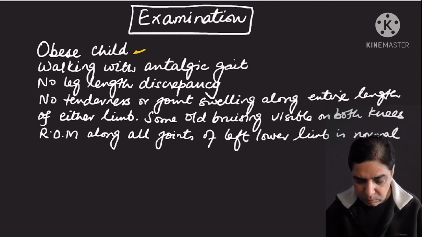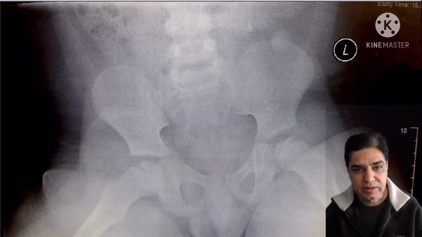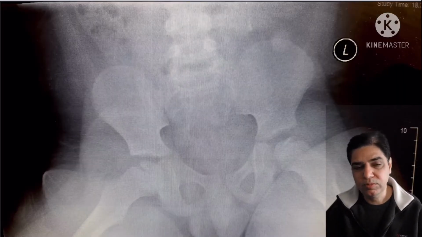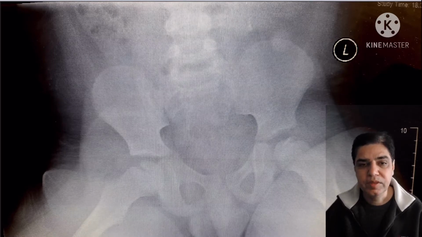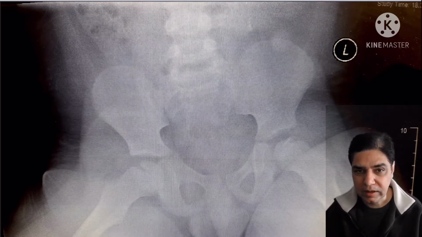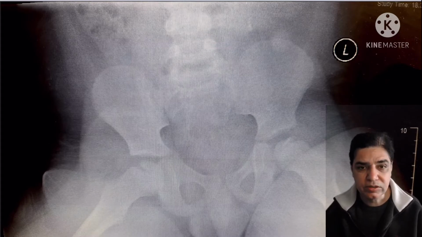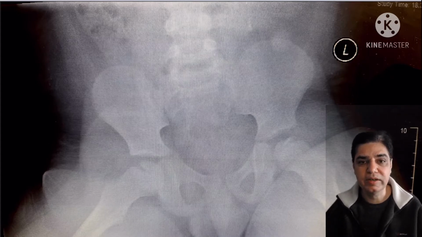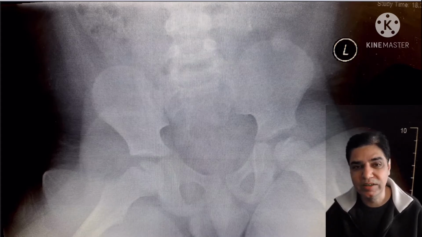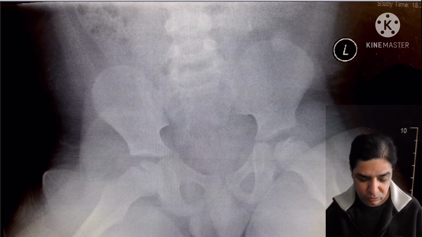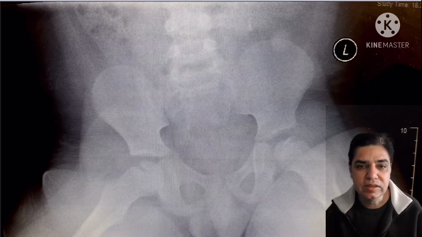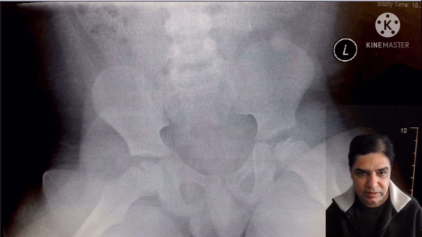Moving on, we tried to investigate, and because there were no obvious signs of external injury, we thought to start with a hip x-ray. So he was sent for imaging, and we requested an x-ray of the pelvis, an x-ray of the left hip, because we thought it was the left side, and a frog view of the pelvis was also requested. Now here you can see the x-ray of the pelvis of this boy. This is a frog view, and if you notice here, there is something quite